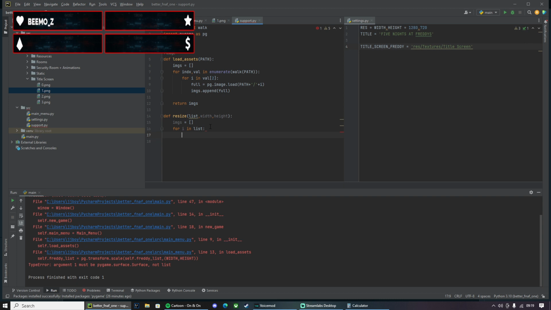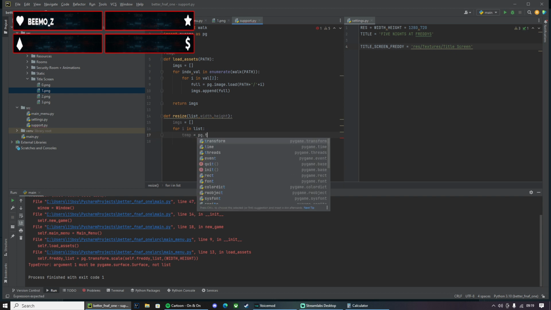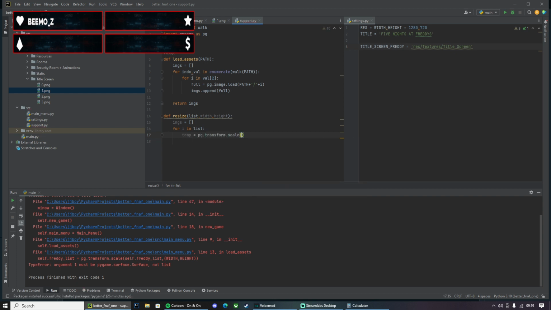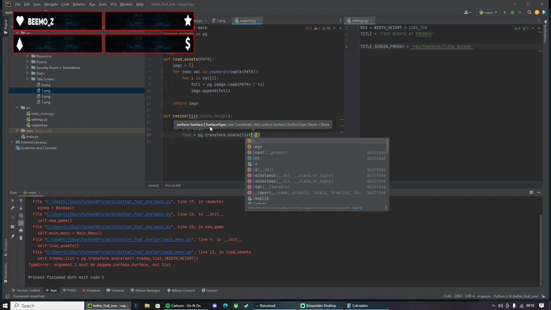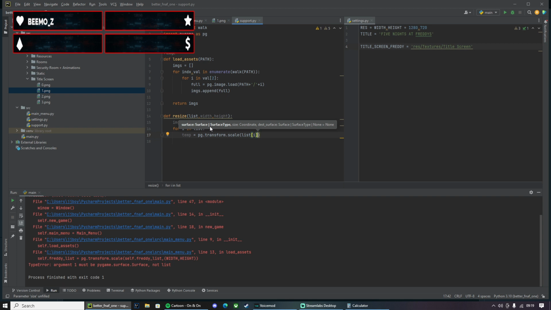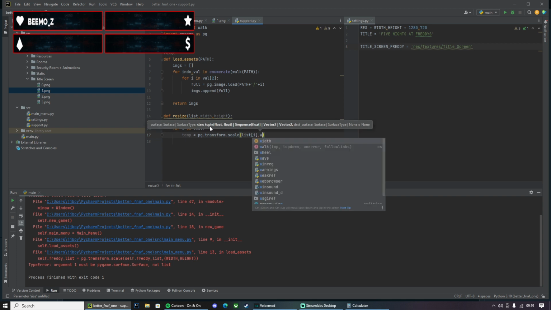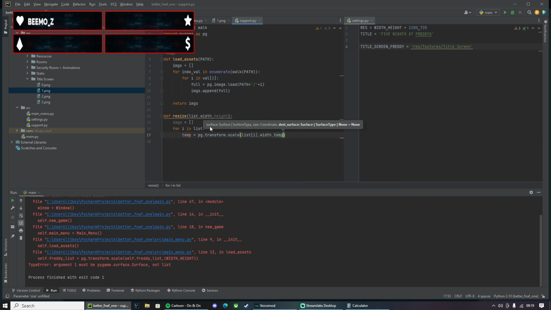Let's just call it temp equals pg.transform.scale list i. Transform this to the width and the height.